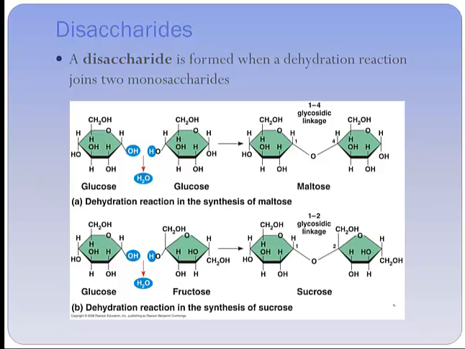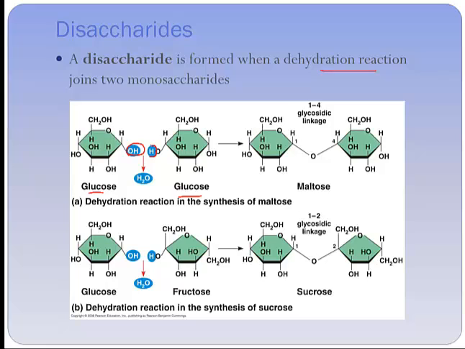So when we actually join these molecules together, when we have a monosaccharide and we have to join them together to form a disaccharide, what we have is something called a dehydration reaction, and that's what joins the two monosaccharides together. So if we look at two glucose molecules, here and here, basically what happens is we take and remove oxygen and hydrogen from here,